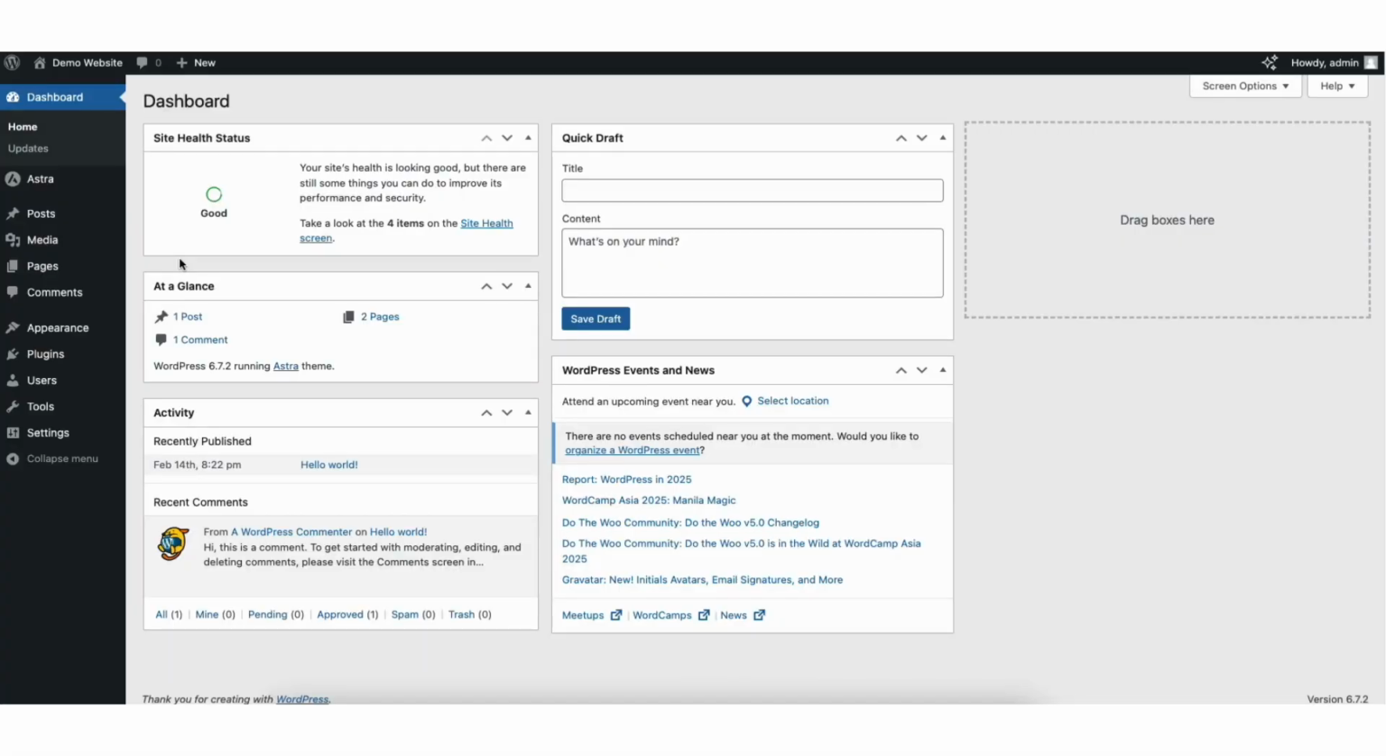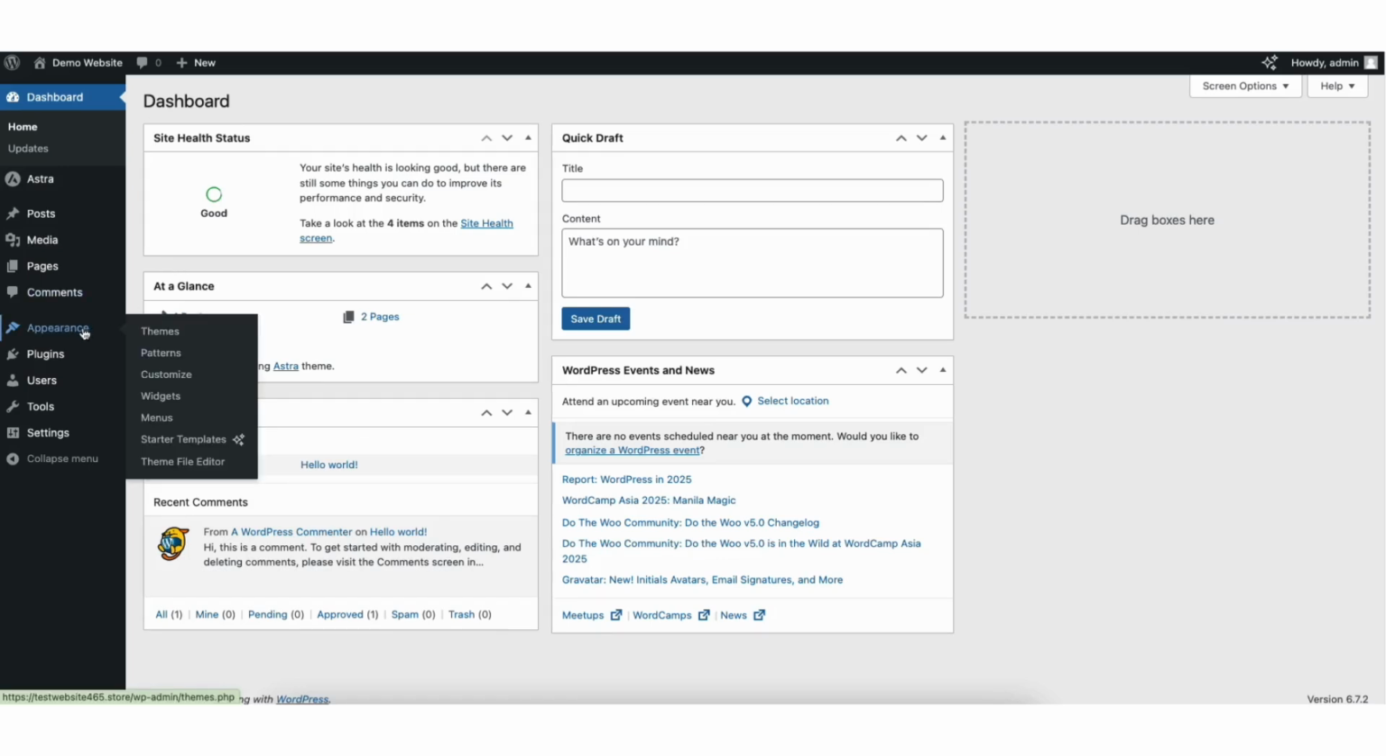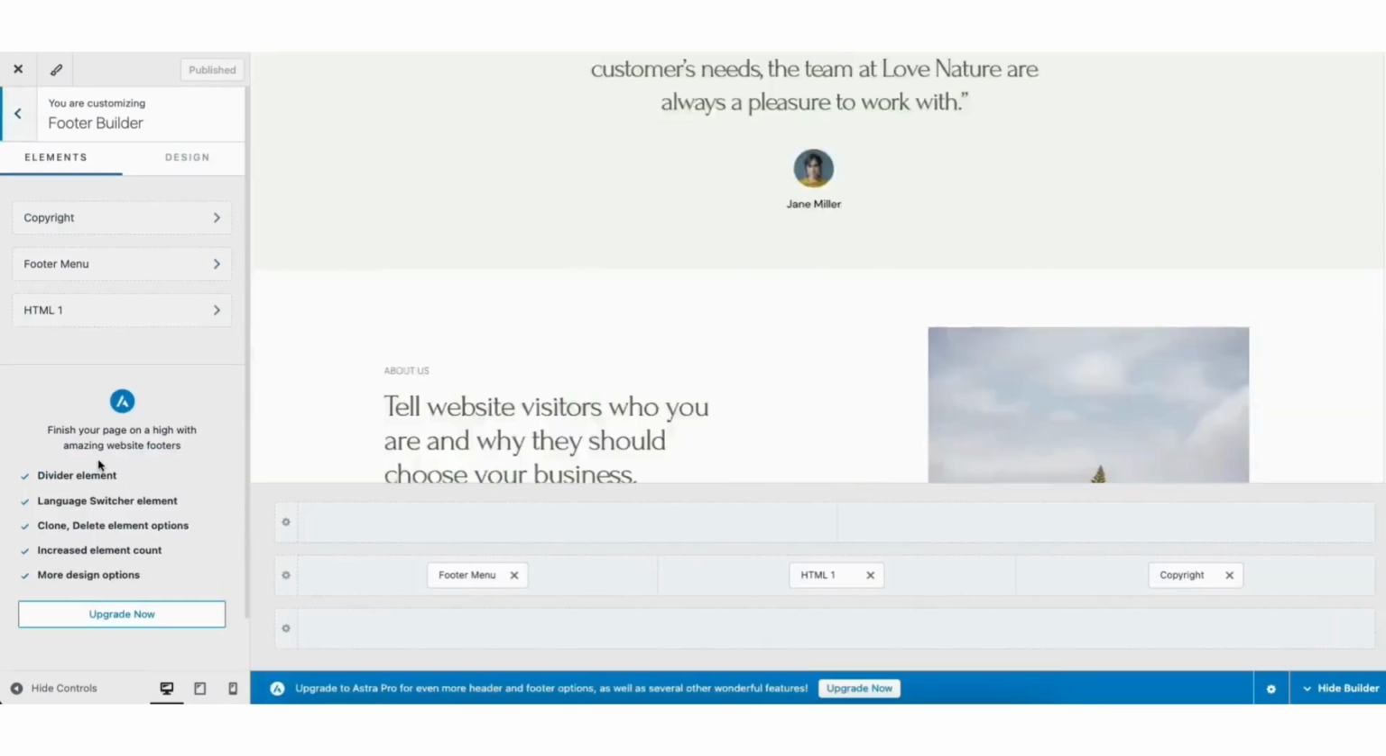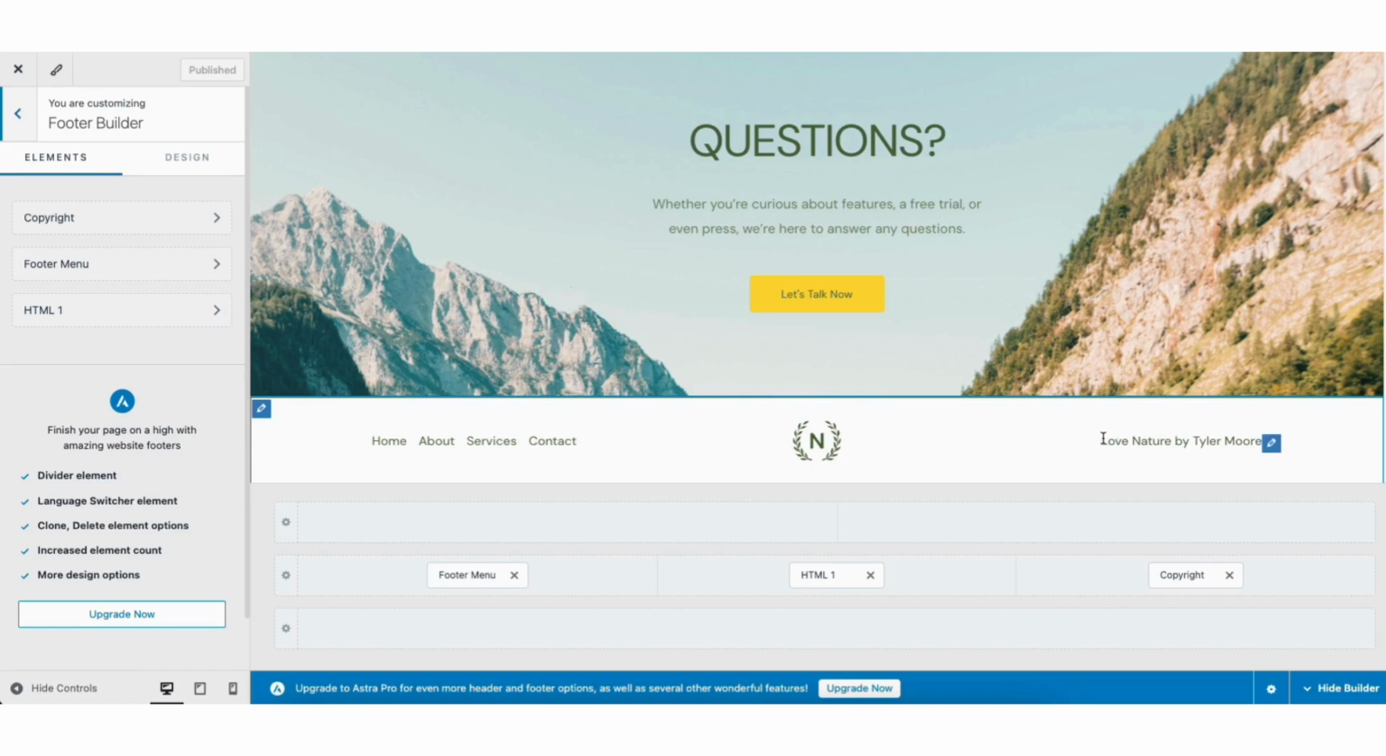Now let me show you how to make edits to the footer, header, and logo of your site. From the WordPress dashboard, if you hover over the Appearance tab in the left side menu, click Customize. It'll take you to the Customize page. To edit the footer, click the Footer Builder. You can then click an area in the footer area where you see the pencil icon to start making edits